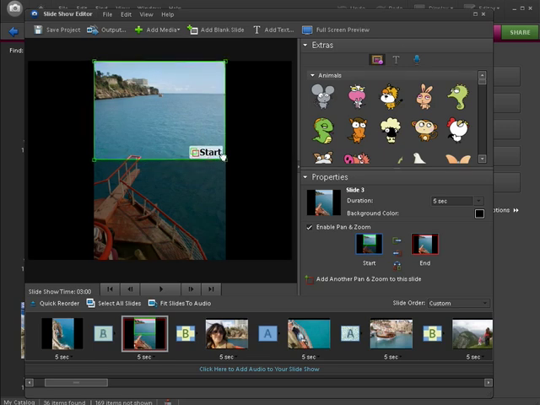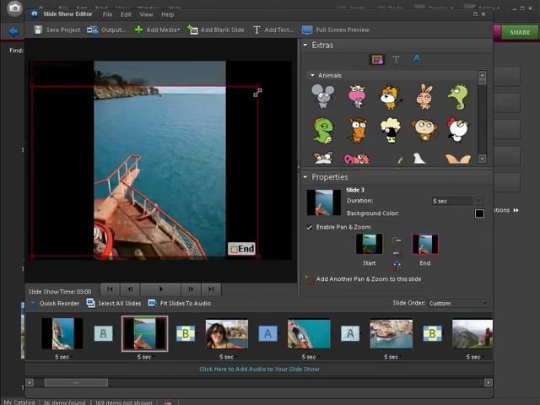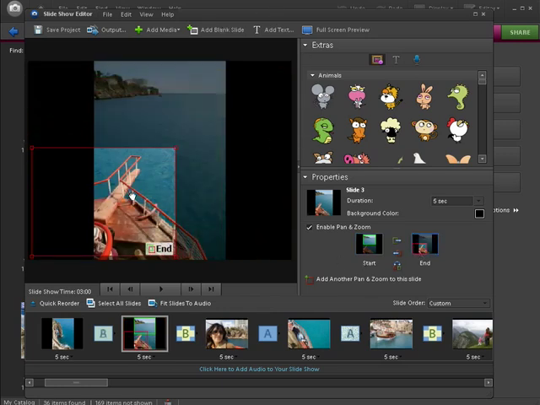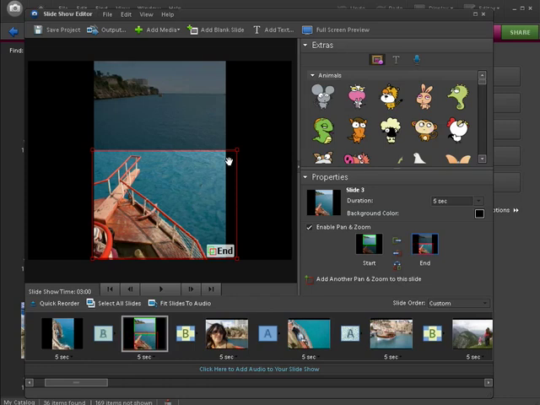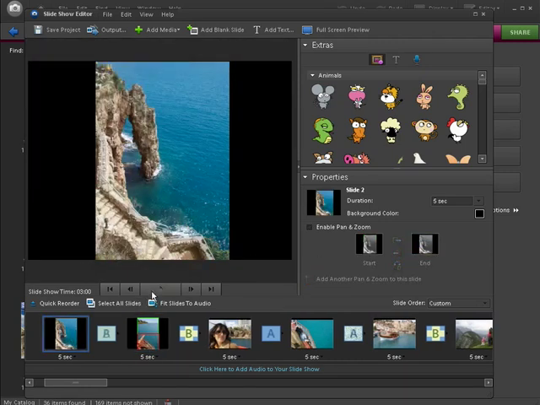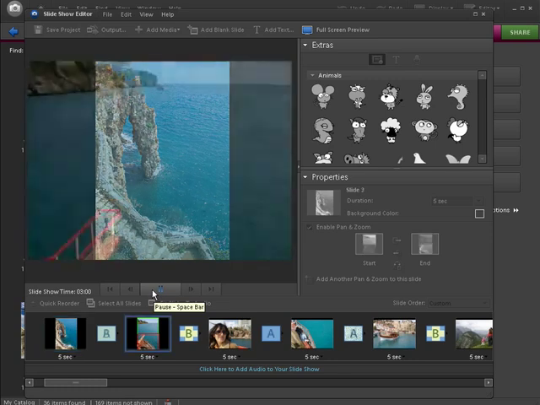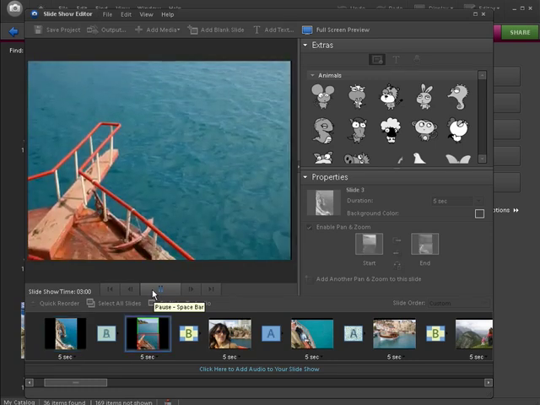So let's start about there, and then click on end, and we can either zoom out to reveal the whole shot, or we can just tilt down and show the bottom of the boat like that, and we get rid of those bars at the side by doing this. Okay, something like that should do the trick. So let's just do a little test now. Let's go from this previous shot here and let's do a transition and watch our digital pan down the shot as well. So here we go, we're playing through the slides and there we have our rostrum camera effect, which